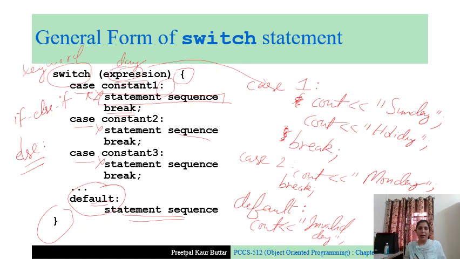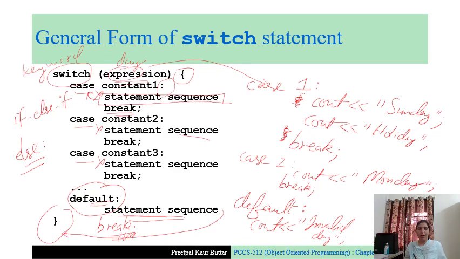Okay, and you can note here that we are not putting a break here. Although you can write break, it will not change anything in the program. Why? Because this is the last statement. After executing this statement, the control will automatically move to the next line after the switch statement.